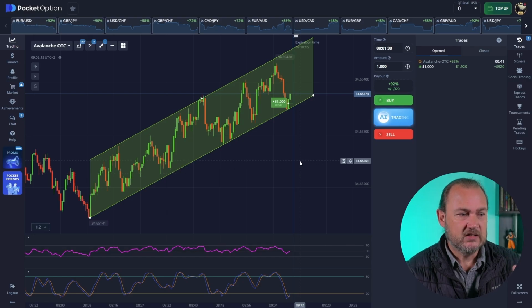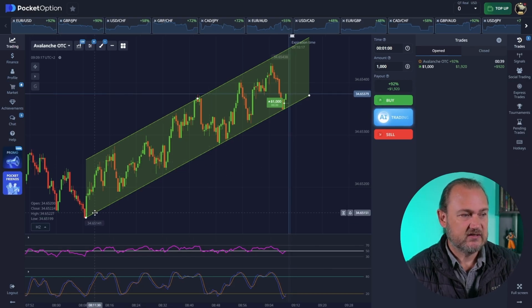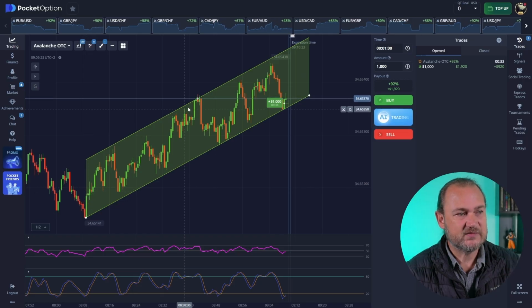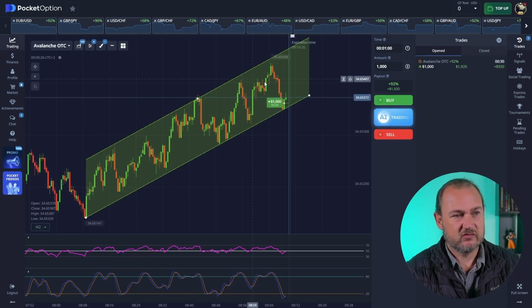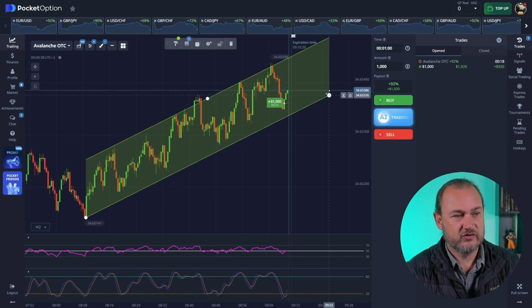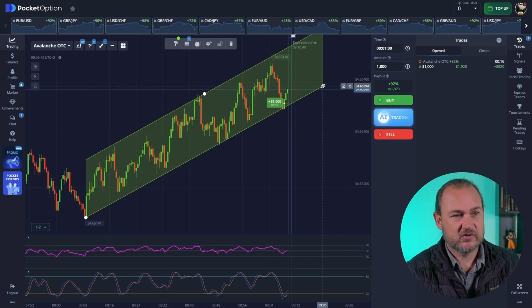expiry. So what we did is we can see that price has been moving upwards for quite a while, for the last hour or so, and it's been sticking to a channel here. We can see the upwards channel. We drew our first point at the start of the channel, and then we just included the lows, so we can see price touching everywhere, and then price hit this